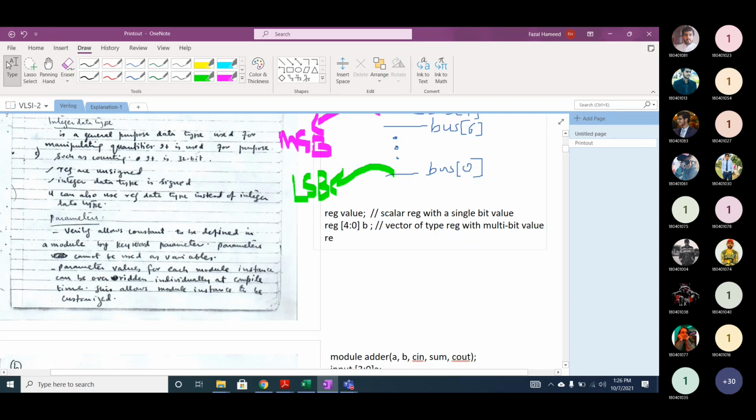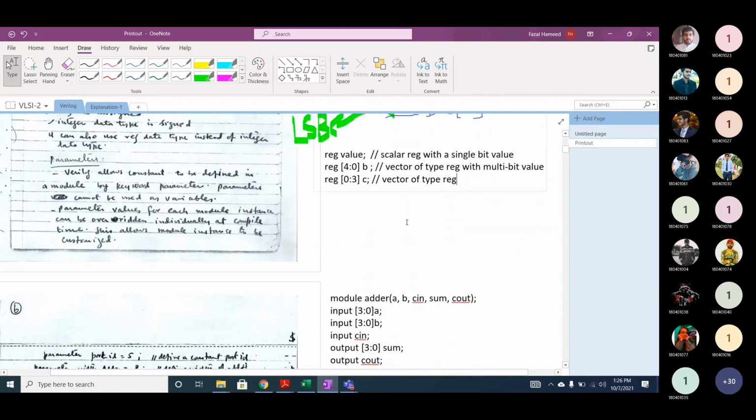If I'm defining another reg [0:3] C, is it a vector reg or scalar reg? A vector of type reg. Now in this case, what is the most significant bit?